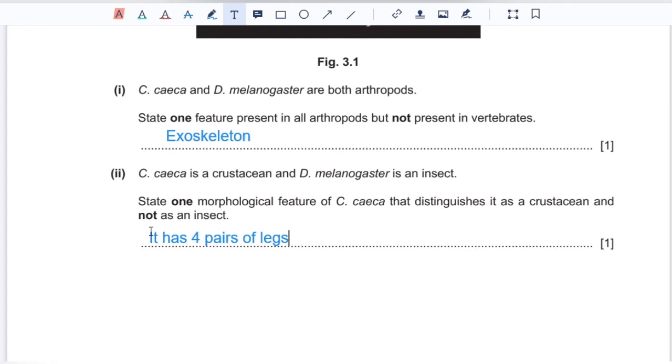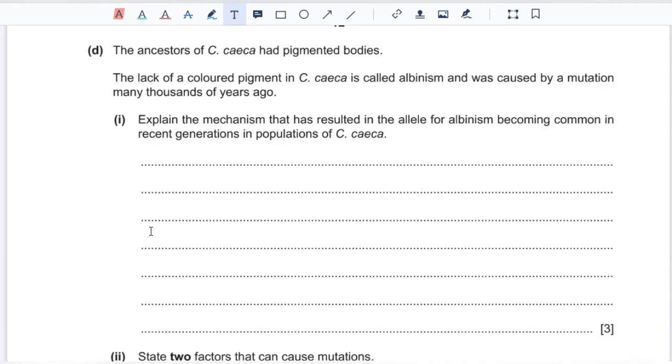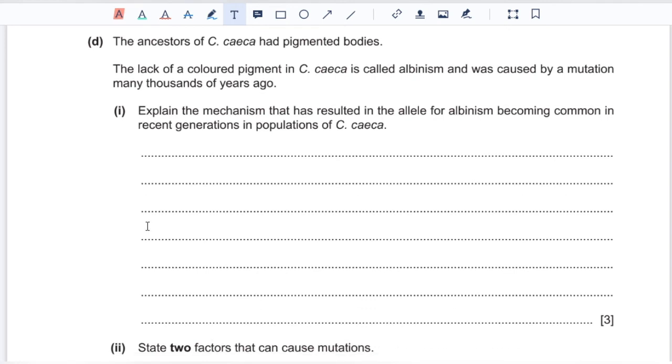D. The ancestors of C. cica had pigmented bodies. The lack of a colored pigment in C. cica is called albinism and was caused by mutation many thousands of years ago. 1. Explain the mechanism that has resulted in the allele of albinism becoming common in the recent generations in populations